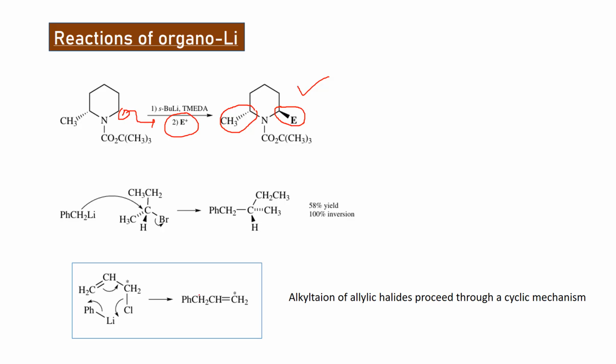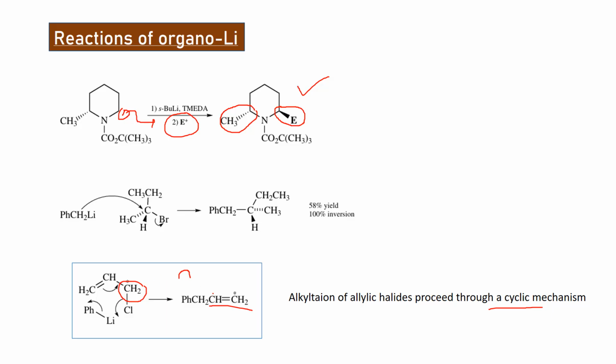From the product it seems like it undergoes a simple substitution reaction, but if you go into the mechanism, it has been seen going through a cyclic mechanism, which has been proved by this type of deuterium labeling experiment, where if you label this proton with a deuterium, it has been seen that there is a replacement of this phenyl group to this center. From this it proves that